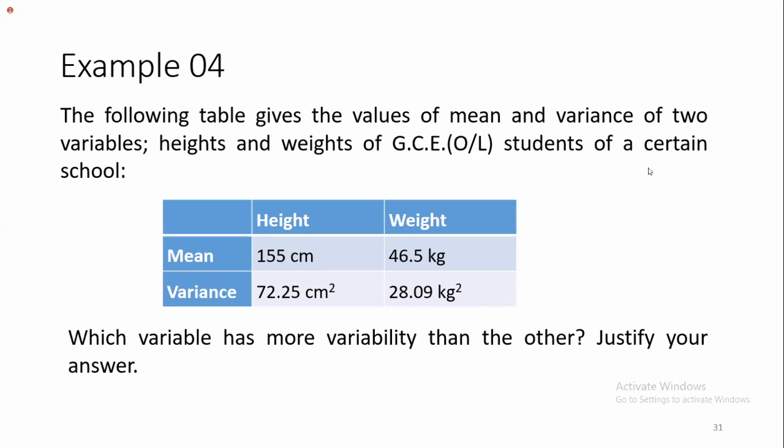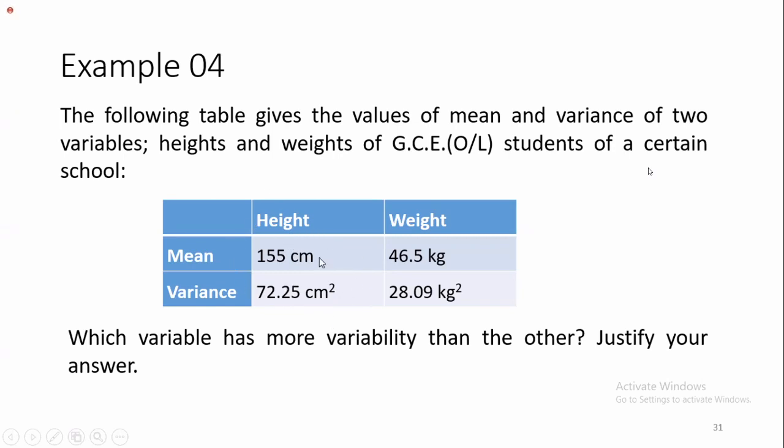After measuring their heights, we can find their mean and variance, and those two measures for the weight as well. Now the mean and the variance has been found: for the height, 155 is the mean, and the variance is 72.25 square centimeters. And please